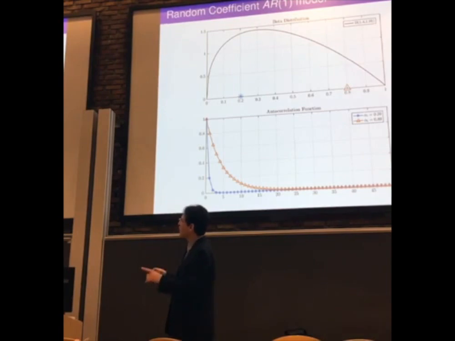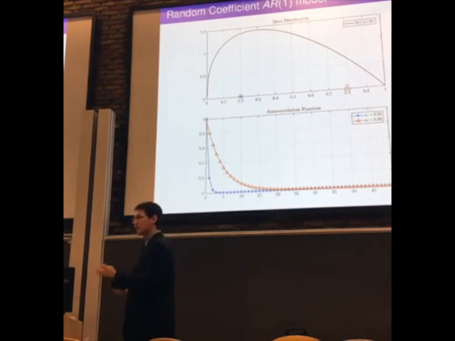So if from the first sample we had the blue one, and the second sample now we have the red one, that would mean that it's not ergodic. If I do this and I sample 2 times, I don't get the same autocorrelation function. So that is not an ergodic process.